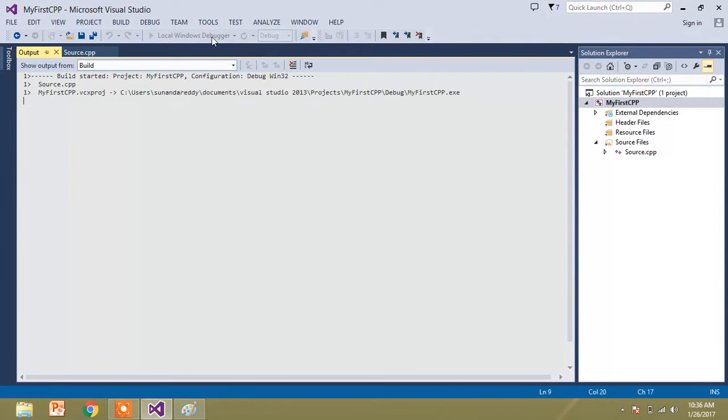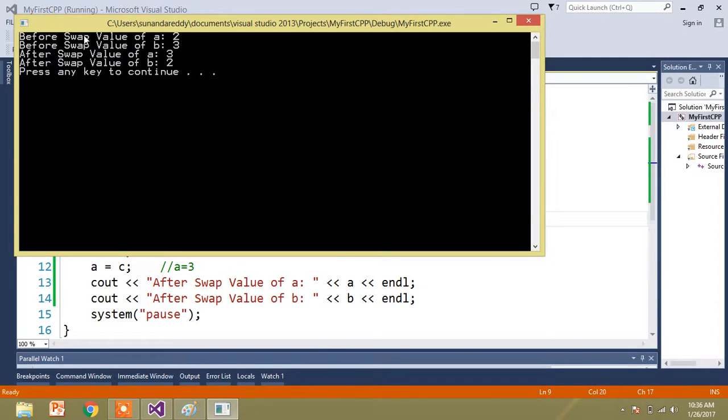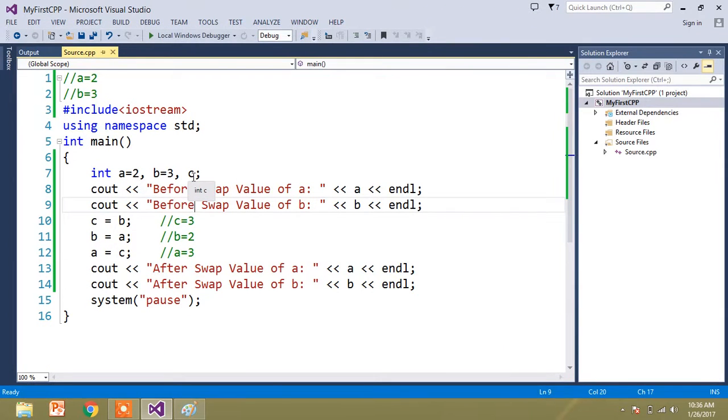First it shows before swap value of A is 2 and value of B is 3. After swap, A equal to 3 and B equal to 2. That's nothing but the values of A and B are swapped. This is how you program using a temporary variable: C is the temporary variable that stores the values of A and B.